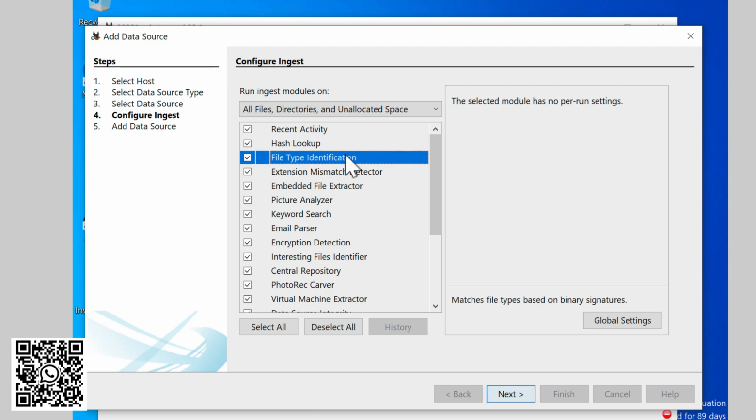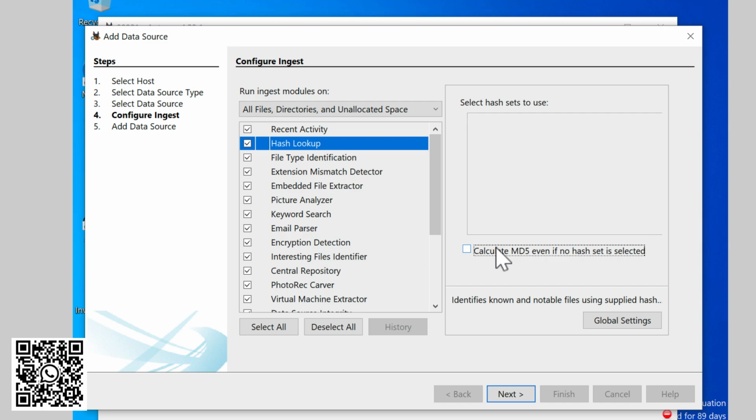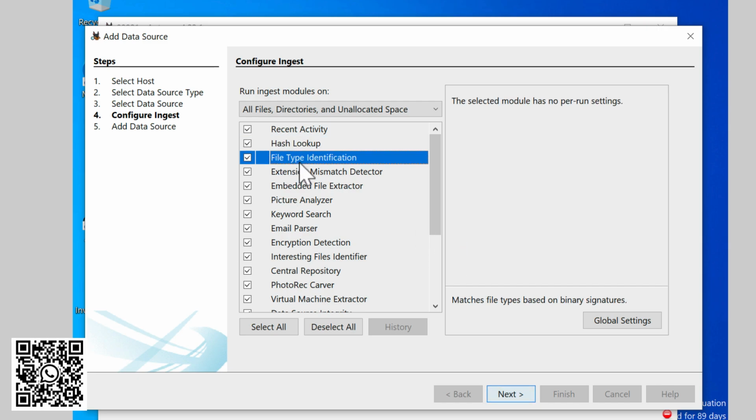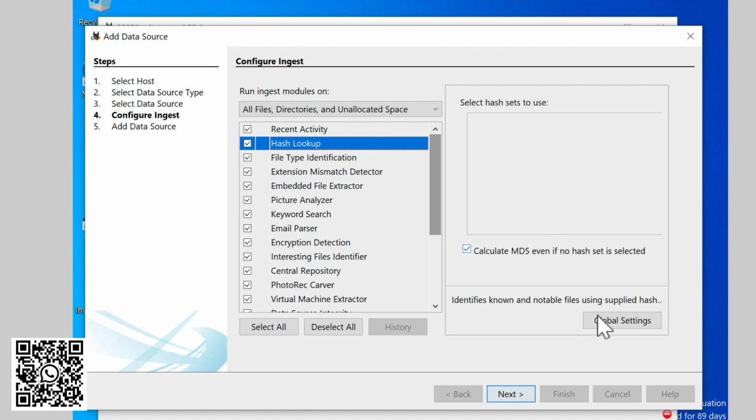Now the next one is called file identification. This allows you to identify the type of file. Let's say, for example, if you have a MP4 file. Now, video files have a lot of different extensions. So, file type identification allows you to find the type of file that is being used. For example, if it's a video file, there are different types of video files. We have MOV, we have various other files. So if you go to file identification, you will be able to learn and understand.